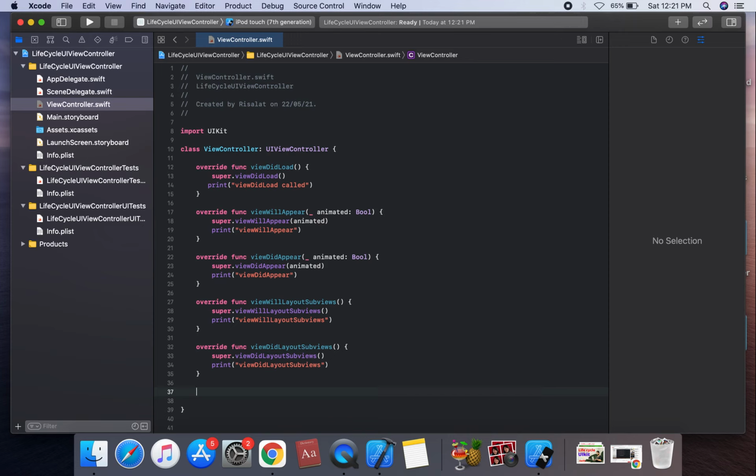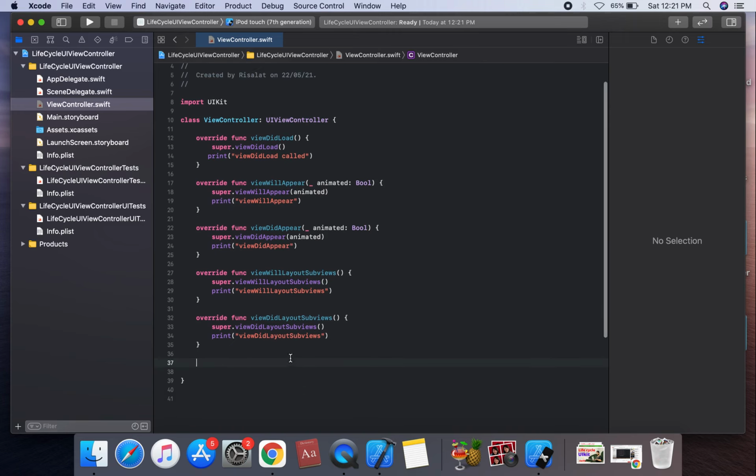Add code here if you want to make changes to the subviews after they have been set. It is called after viewWillAppear and before viewDidAppear.